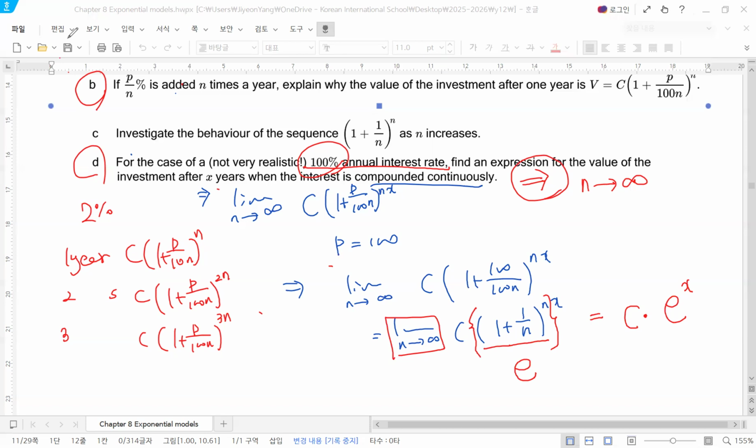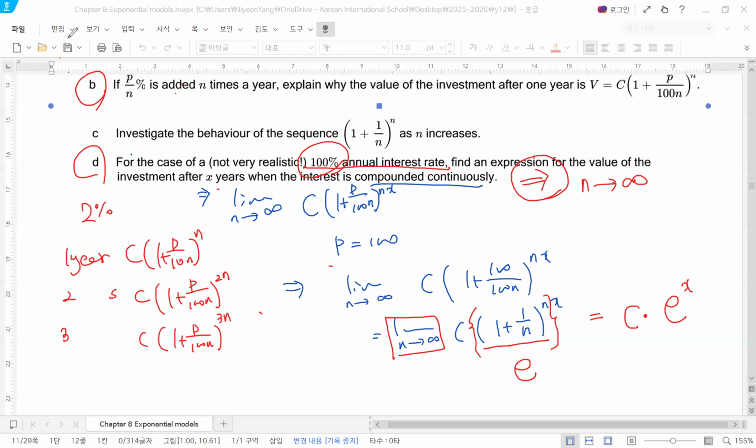It's more like C times (1 plus 1 over n) to the power of nx, right? And then, let's say a to the power of nn, we can rewrite it as a to the power of n to the power of n. Right? So I rewrite this one as C. I know how you do this, but if we use the n times x, then it's still